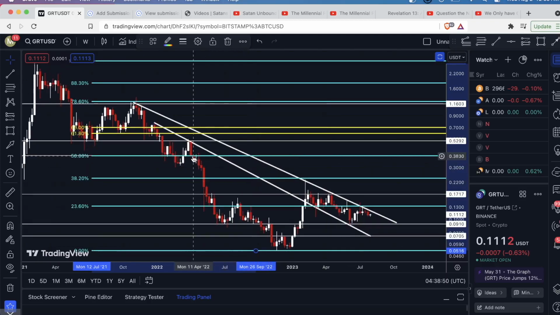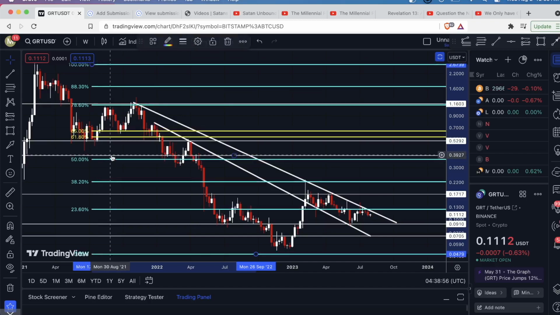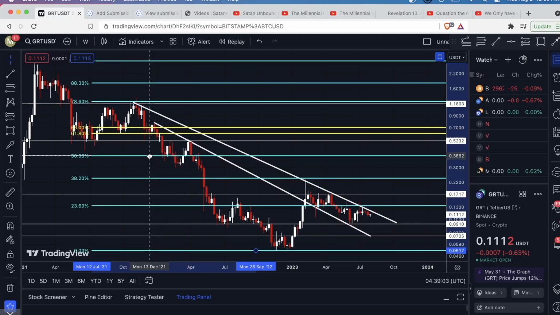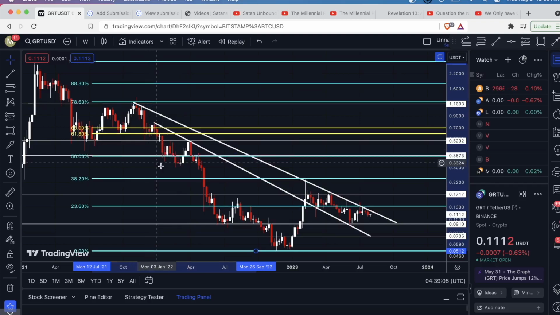And as you can see, okay, it's covered up right now. I actually drew this level. I'll draw it down a bit. See right here? This is the price that we drew just based on the price action, but the 50% Fibonacci lines up perfectly with that level. So we have the